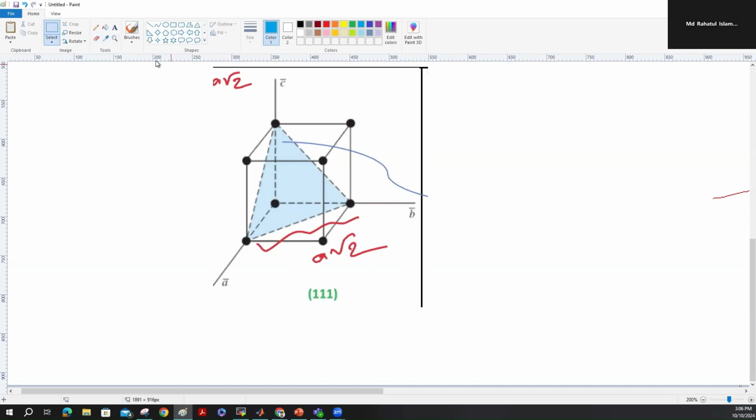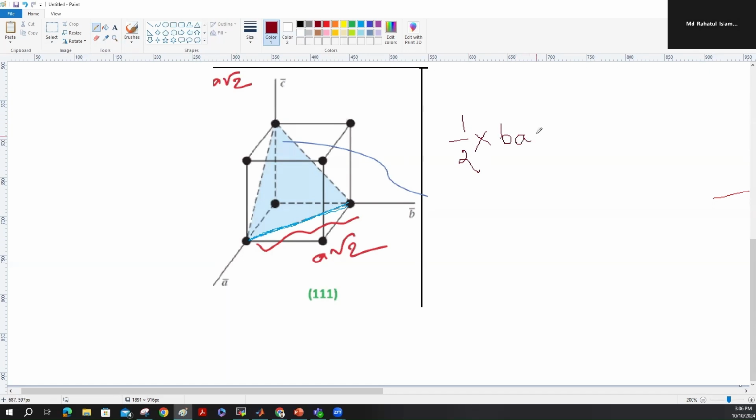So here is the picture, and we already have shown that this is a root 2. In the case of the 1 1 0 plane, we have already shown that the length of this dimension is a root 2. And now let's move on. This is an equilateral triangle, so the formula of the area should be half